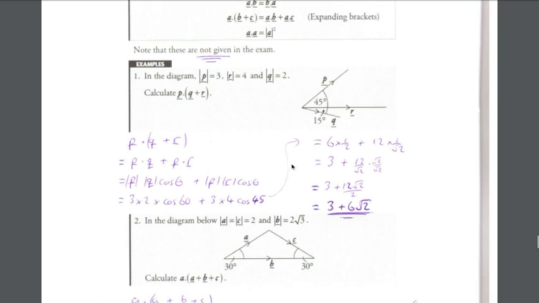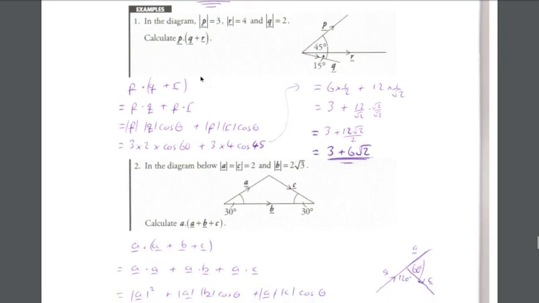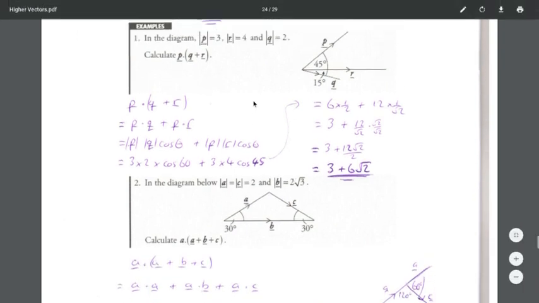Right, let's apply these in some examples. So here we're given the magnitude of P, Q, and R. Calculate P dot (Q plus R). So we can expand this bracket first of all. So that would be P dot Q plus P dot R. So P dot Q, so there's P, there's Q, so we've got 45 and 15. So there is an angle of 60 degrees in between them. So P dot Q would be the size of P times the size of Q, so 3 times 2 times the cosine of 60,